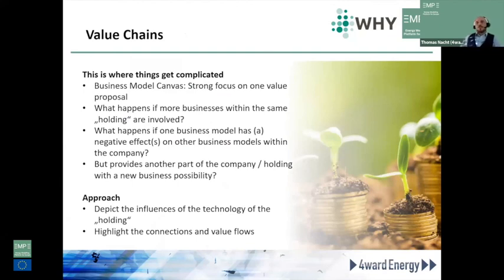So the value chain approach is more relevant when you're considering a larger ecosystem, like a large energy system where multiple actors will interact with one another. One prime example, if you've heard of energy communities as a new approach of the European Commission to enable end users to share electricity with one another. This is a prime example where value chains can indicate that there is quite a lot of money to gain for energy